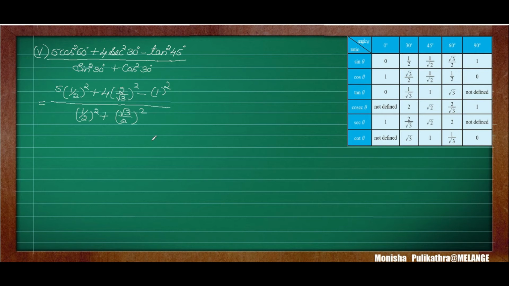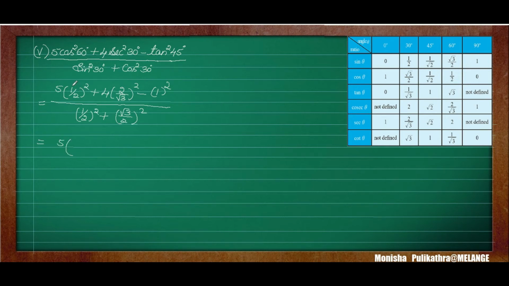If you are going wrong here, then the whole problem will go wrong. For each and every step, marks are allocated, like half marks for each step. So if you go wrong in the first step itself, you will lose all the marks. If you are going wrong in the last answer, maybe you may get full marks or half marks may go. But if you are going wrong in the starting step itself, the whole problem is wrong. So take care of that. Please don't make mistakes in the starting stage of the problem itself.